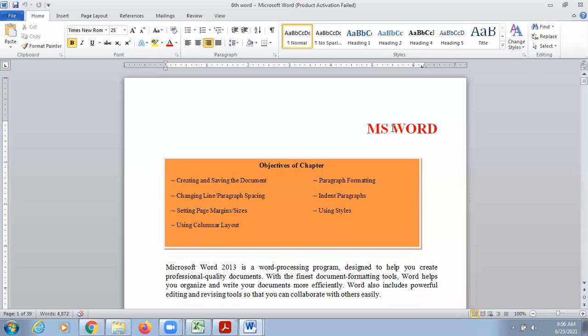Now I want to give a common header, that is Microsoft Word, to every page, which I want to write at the top of every page. And I want to insert the page numbers at the bottom. So page numbers I can add with the help of footer, and chapter name I can add with the help of header.